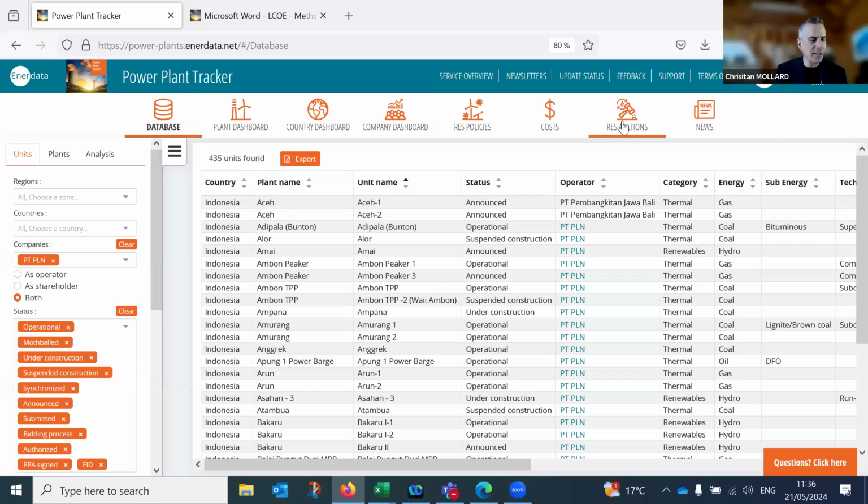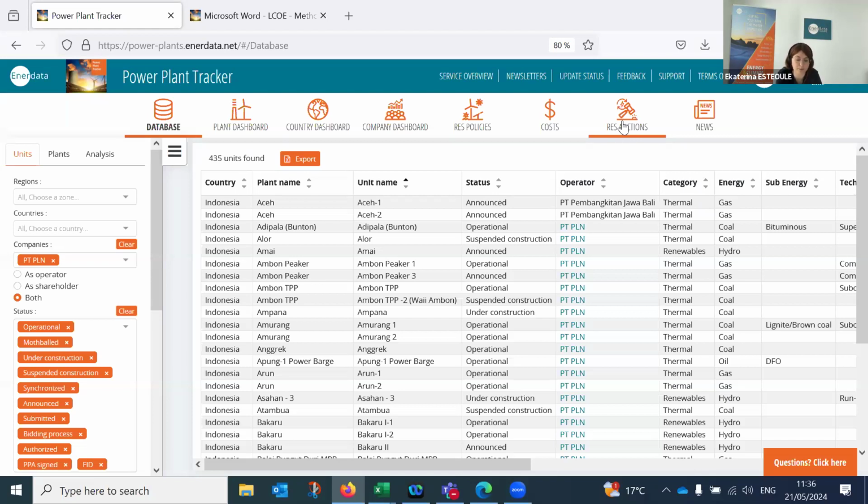Next question. What are your sources to capture that many plants? Good question. We use mostly public sources, but hundreds of them. At Enerdata, we are used to working with a lot of information, and on a daily basis we receive dozens and hundreds of different news items related to the energy sector.